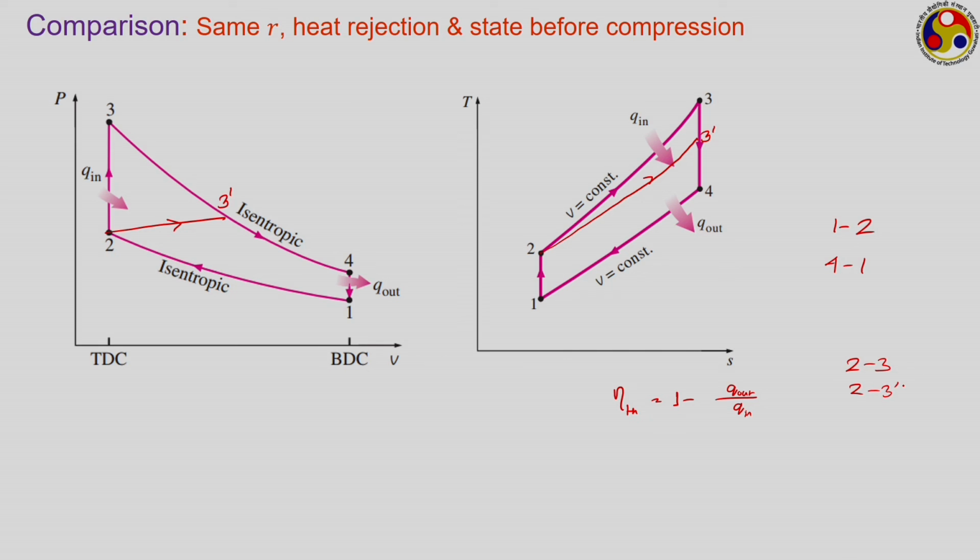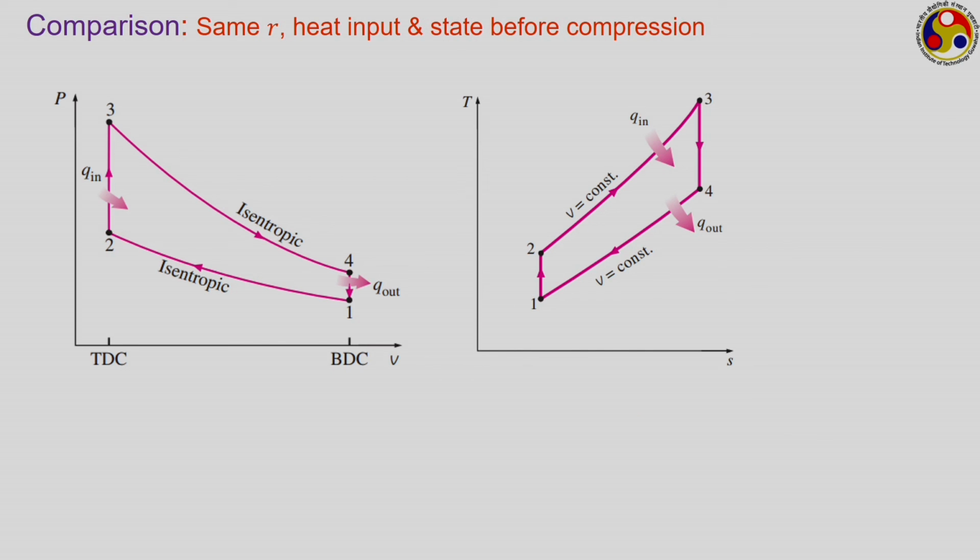So, Q in is greater for this, and from there we can easily say that the Otto cycle efficiency will be greater than the diesel cycle efficiency in terms of this set of comparison. Whereas, if we draw another set of comparison where we again have the same compression ratio, same state before compression, that is points 1 and 2 are the same,